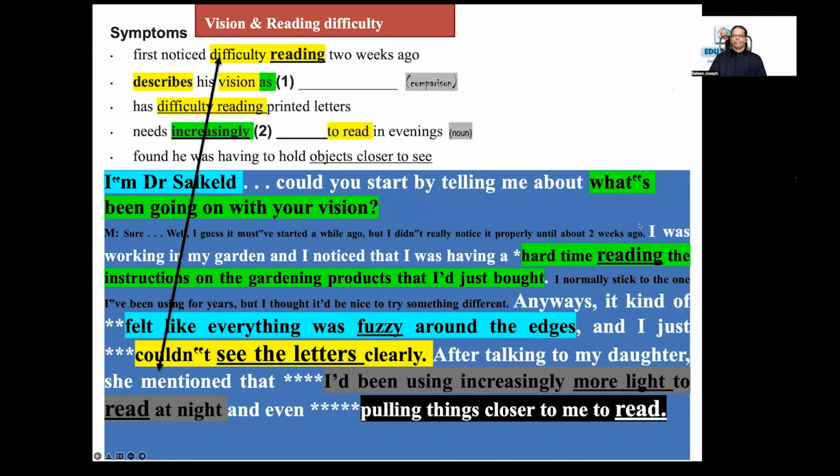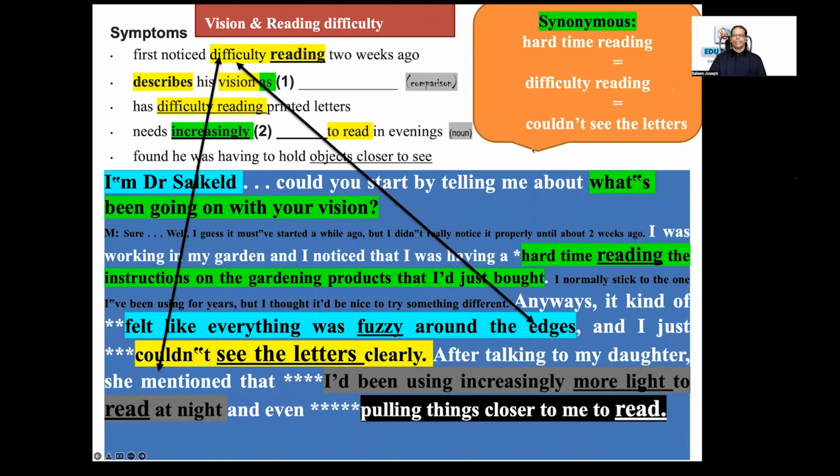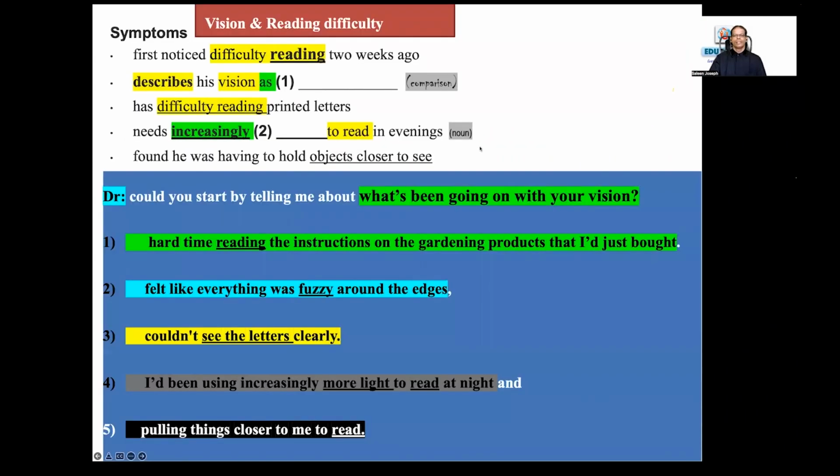Okay, see, these are different things being used. I have just highlighted fuzzy around the edges, and the same thing, but I have highlighted. I'll show you in the columns how they have used the. See,